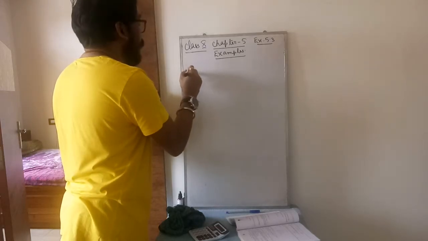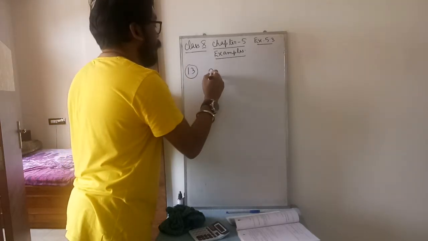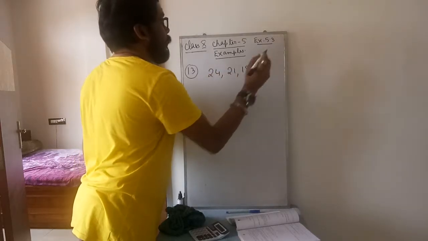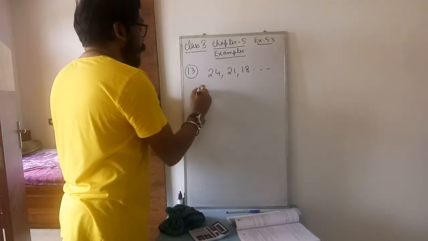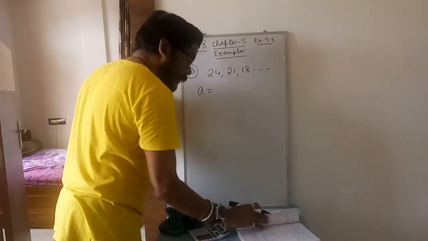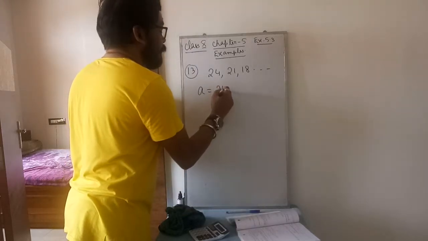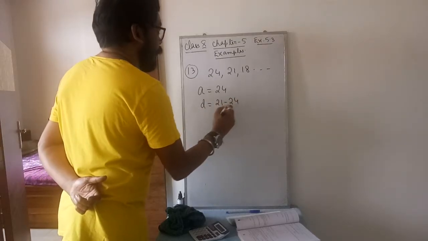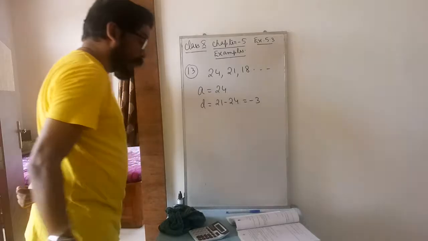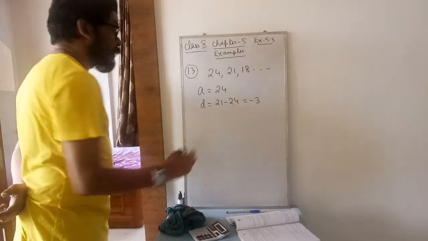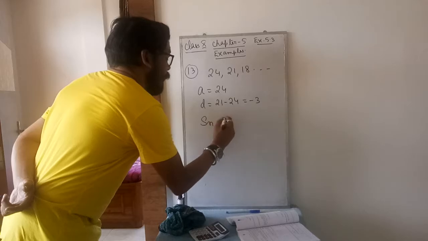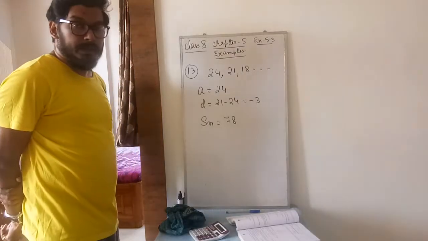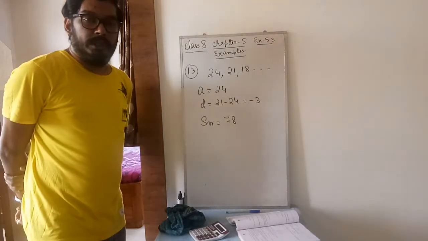Means how many terms if you add up, you will get 78. Your AP is 24, 21, 18, ... So here your first term is 24, your D is 21 minus 24, equal to minus 3. The sum is given as 78, Sn equal to 78. If you find the number of terms, means how many terms if you add up, your total will be